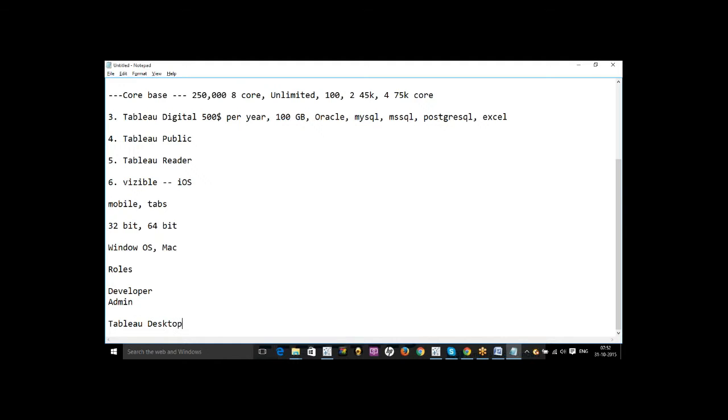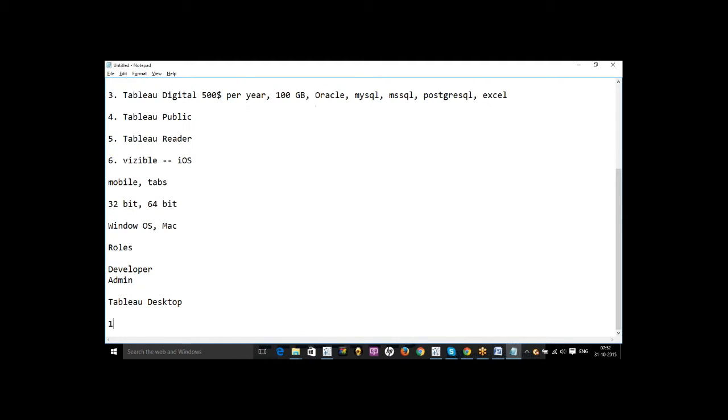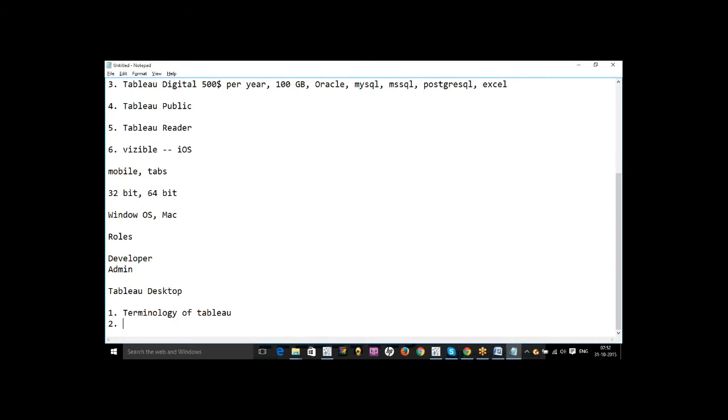In Tableau Desktop, guys, first we will see the terminology of Tableau, because most of the time you will fail in interviews because you are not able to understand what they are talking about, the terminology. So that's very important. If they ask something else in Tableau, you must know about it. Then you can talk about the terminology of that feature. And the second thing is